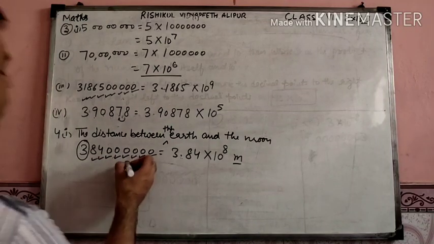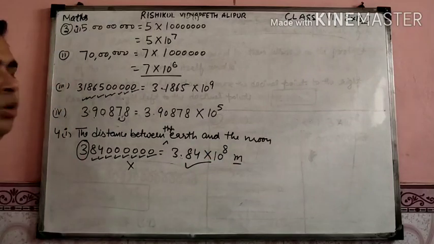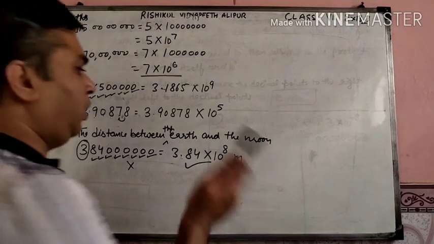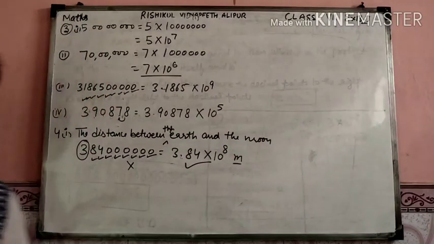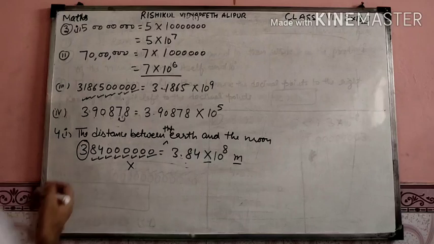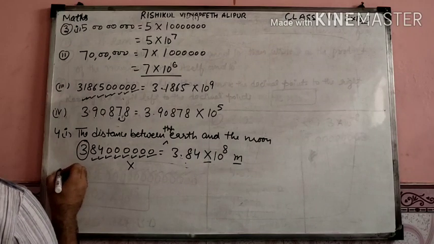In your further classes in physics, you will use these terms. Students, if your brother or sister has completed class 10th or 12th and they have learnt physics, then they must have gone through this scientific notation or the standard form. Students, the second part is the speed of light in the vacuum. We are given the speed of light in the vacuum. What you have to write?